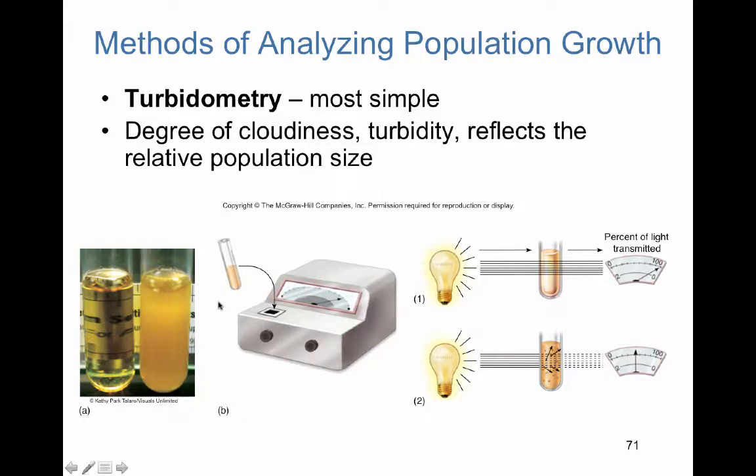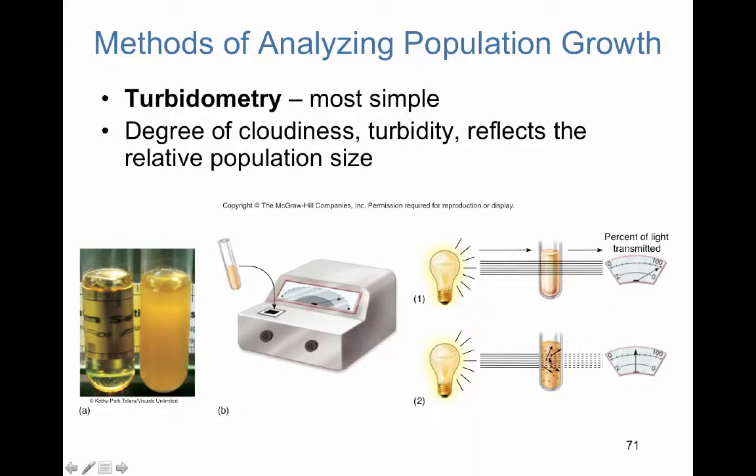It actually will shine light directly on the culture. And if it's clear, which we see here, so it's not cloudy, this looks like sterile media. There's nothing growing in it. And the spectrophotometer will actually tell us the percent of light that is transmitted. So how much light is going through. The higher amount of light that's transmitted, the less bacterial growth that you have.